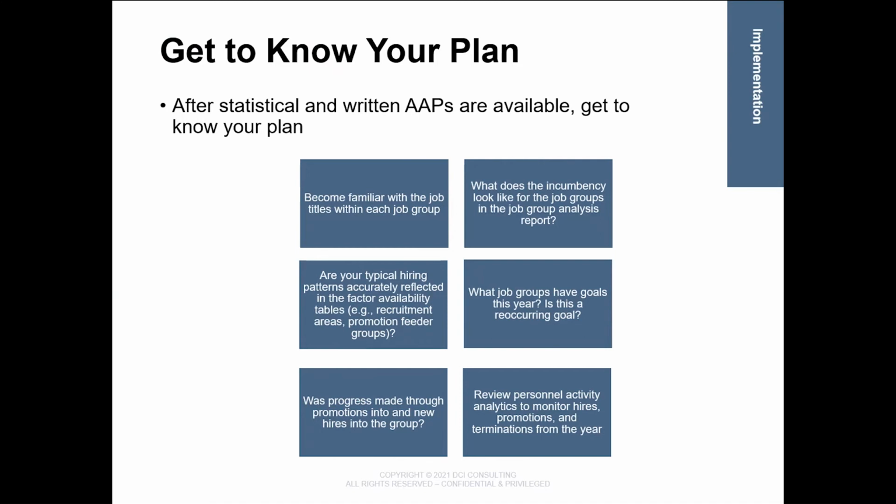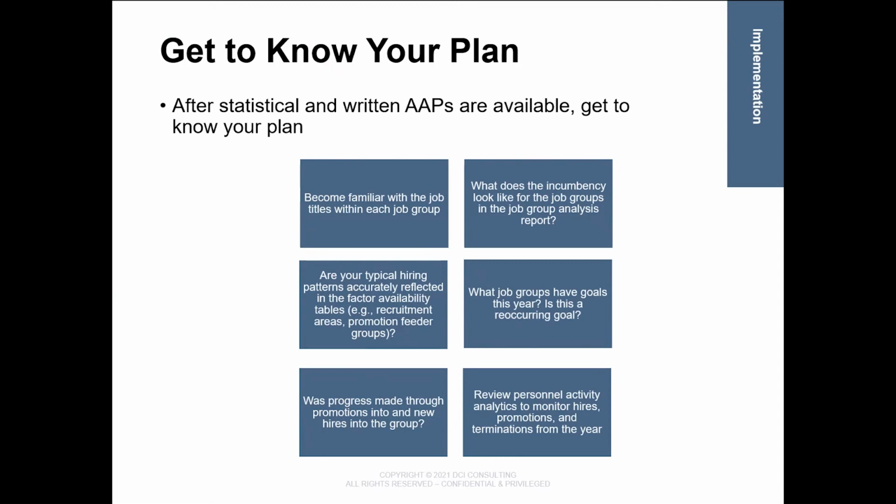We understand that this can be overwhelming to some, so on this slide, we've listed 6 areas to review and understand first. Job groups are the foundation of the Affirmative Action Plan. Becoming familiar with which job titles fall within each job group will be critical to understanding your results. Review the job group analysis, which lays out the incumbency for each job group. After you have a handle on job groups, review the source of statistics report, which serves as the foundation for